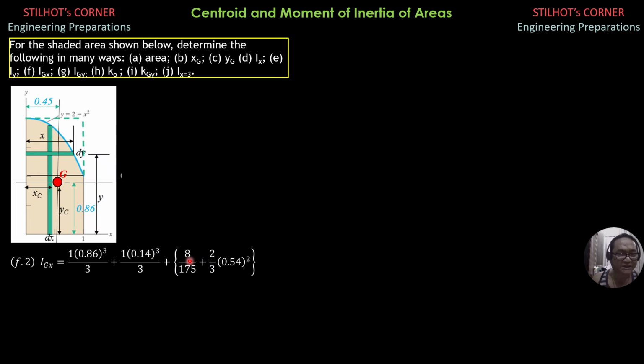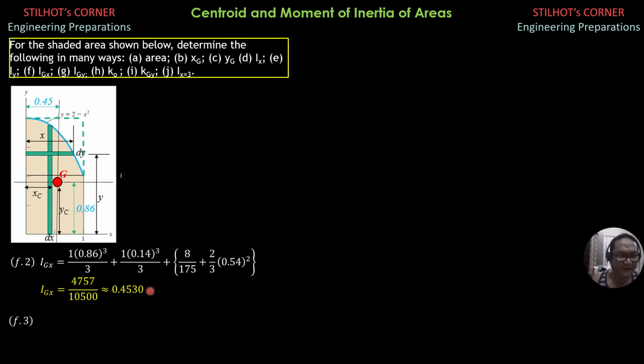So with respect to the centroid, it is 8 over 175, 1 cube, it's the same, 8 over 175. Area of parabola 2/3, distance squared, as I said, 0.4, because that's from the vertex to the centroid, 0.6, 3/5 of 1. So this is 0.4 plus 0.14, 0.54, and square it. So using your calculator, it is 4757 over 10,500 or 0.453 in decimal units to the fourth.